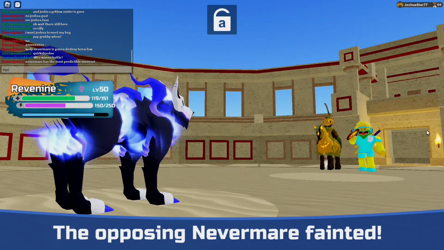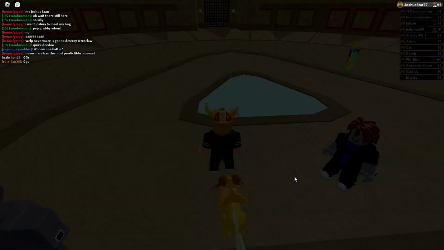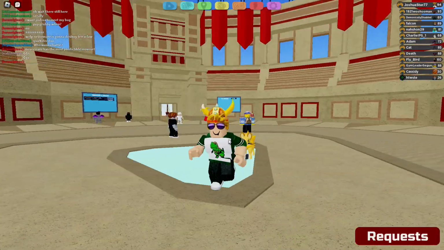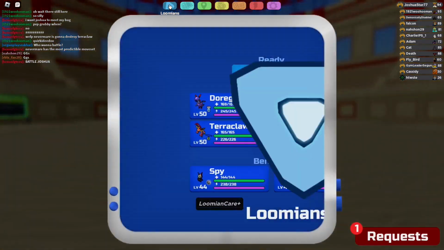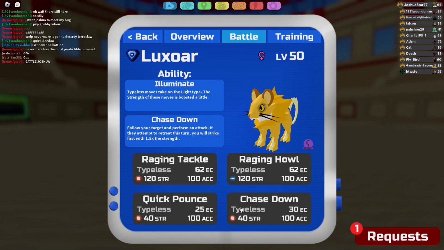And Mixed Luxoar actually did some decent work in those two battles. It didn't do amazing because the first person rage quit. It would have done amazing work if that first person didn't just quit out of the blue. But overall, Mixed Luxoar is still really scary, and while it's not viable, it can definitely be a fun little